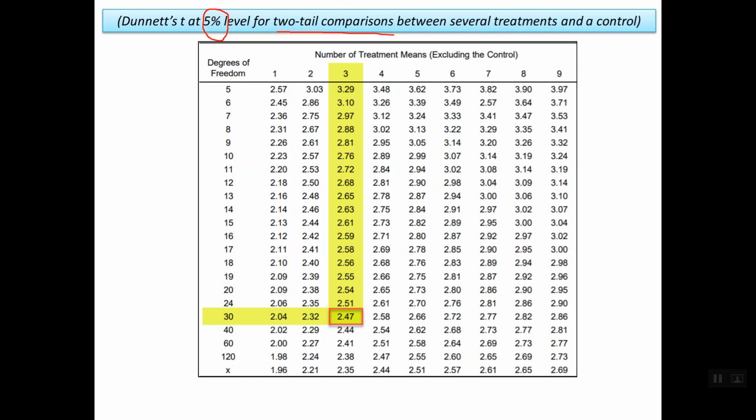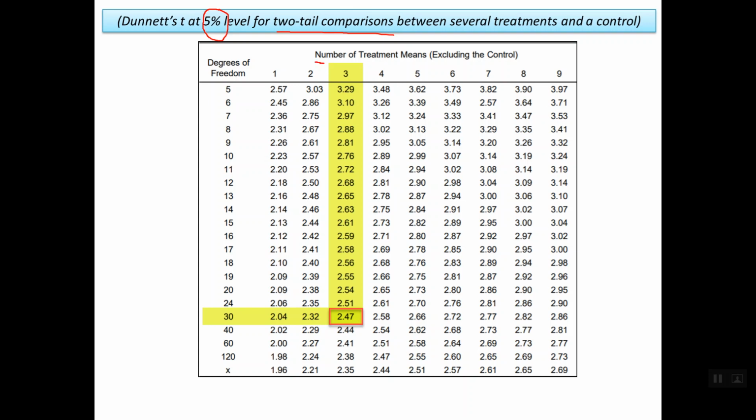Because the alternative hypothesis is not a directional one. It states that the two means are not the same. It is a non-directional hypothesis. So first of all, in order to get the value of t for Dunnett, we need to know